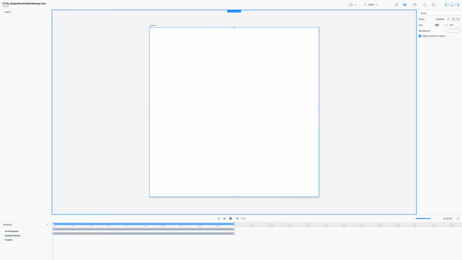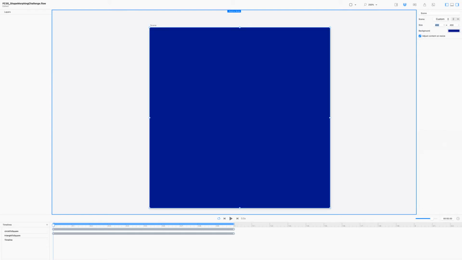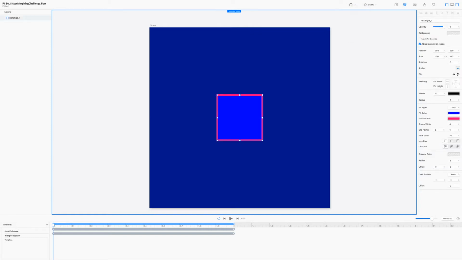We're going to click on this little lock icon. We are going to change the scene size to 400 by 400. Relative mode is on. We are clicking on the background color. We are doing that, and now we are clicking here and we are dropping a rectangle into the scene. We are going to click the lock for the size of the rectangle. We are going to make it